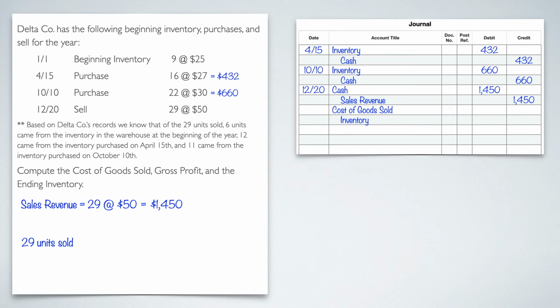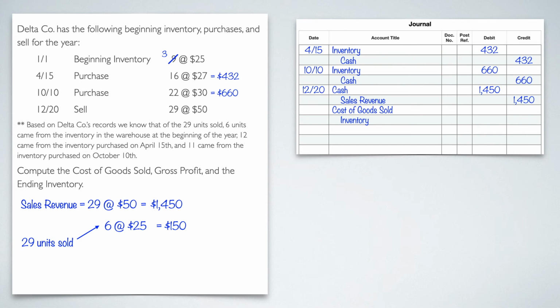So starting with the first one, we knew that 6 units came from the inventory at the very beginning. So that's where I'm going to start. I'm going to expense 6 units, and those 6 units were at $25 a piece. If I multiply that out, that's going to give me a total of $150. Now before I move on to the next number, I'm going to go ahead and clean up some stuff, because if you look at the top problem, I don't have 9 at 25 in my beginning inventory anymore because I took 6 of them out. So I'm going to put a little slash and tell myself, okay, I still have 3 of those left. Again, I'm just setting myself up for later on in the problem as well.